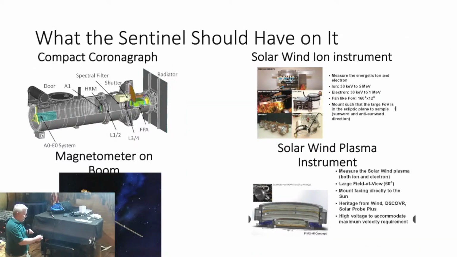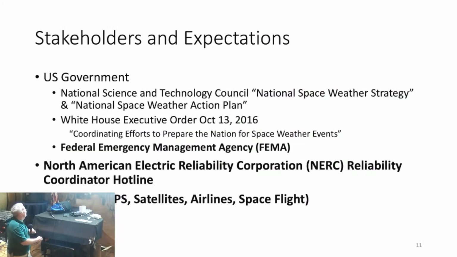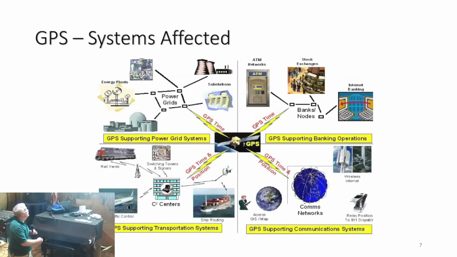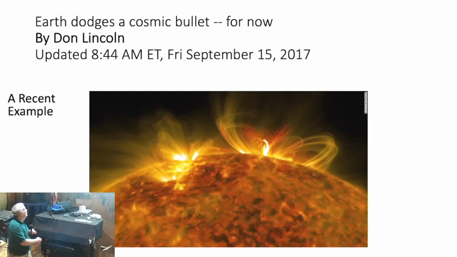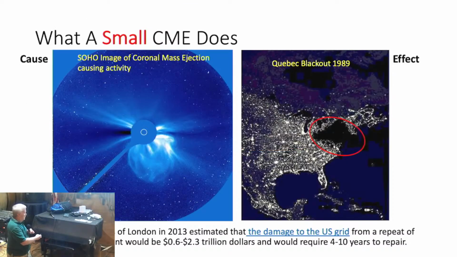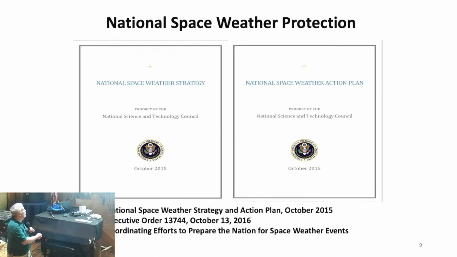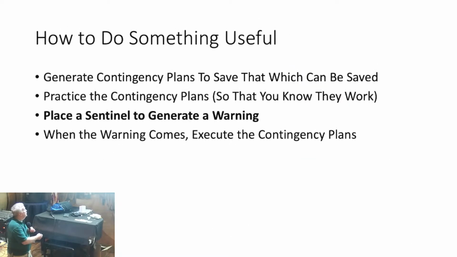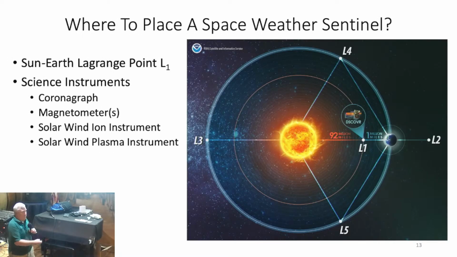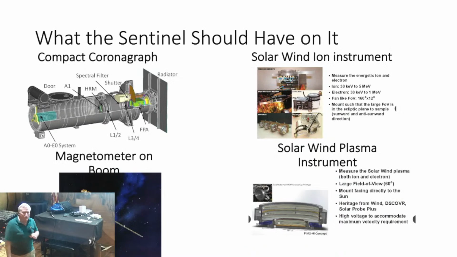There's a coronagraph. Let me remind you that a coronagraph image looks like this. This is an actual coronagraph image. So we want to have one of those. We want to have a coronagraph on our Sentinel to take images of the sun, like 3 a minute, 24/7, 365. It turns out if you take 2 images of something that's coming off the sun, then you can